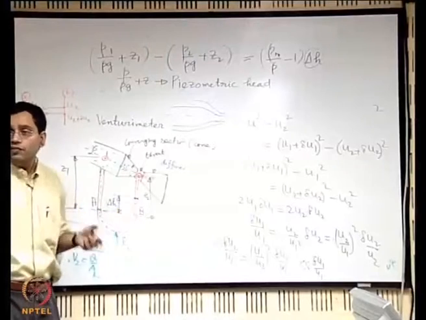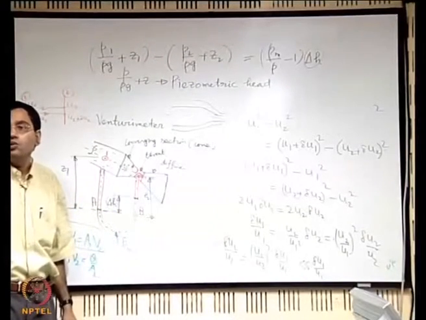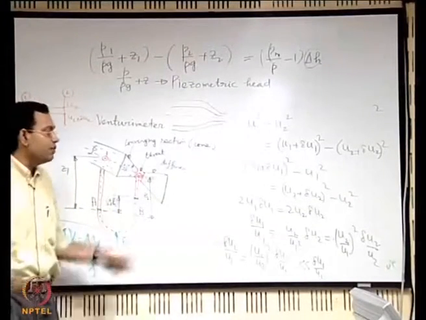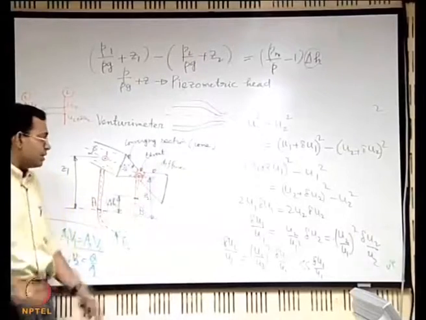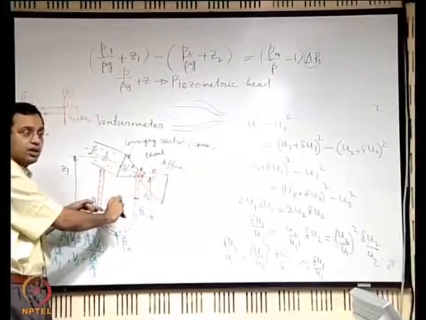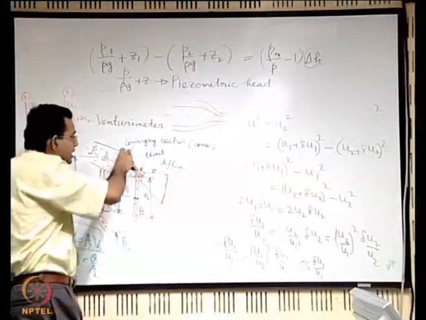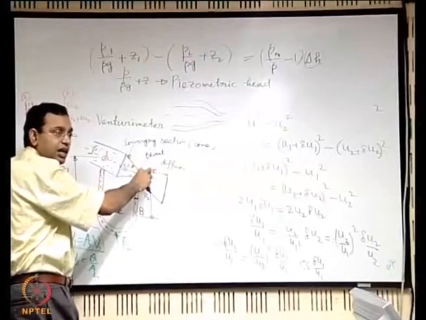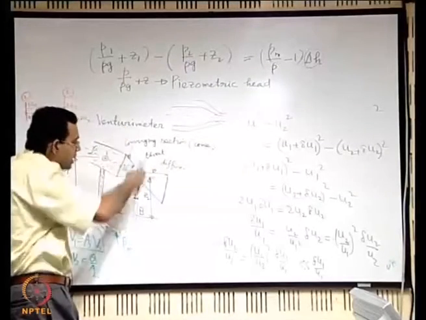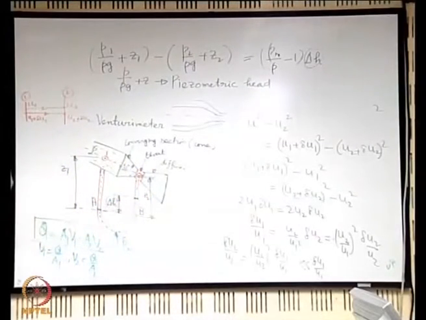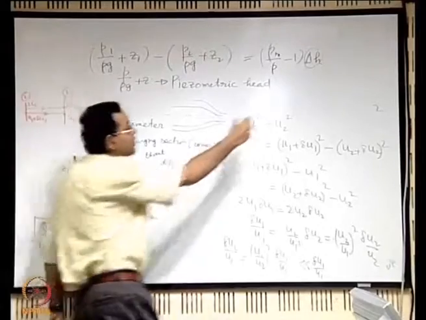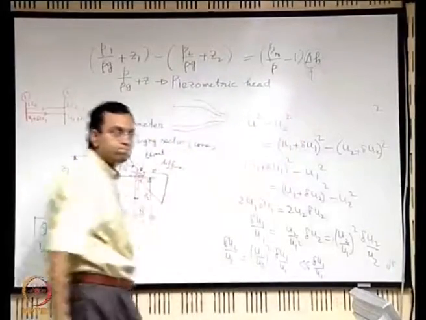is your reading. If it is very small, your error in resolution will affect your result significantly, but if the readability of this is good, then the corresponding error is less, and that is why you are trying desperately to reduce the cross section area, so that there is a change in the kinetic energy head very severely, which is manifested in terms of this delta H.